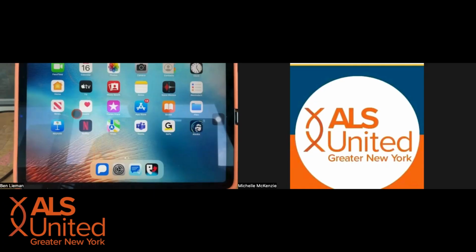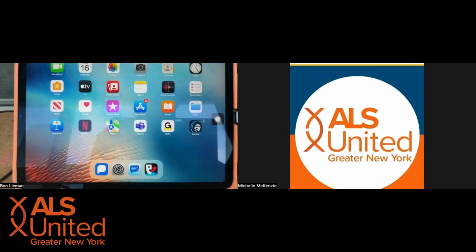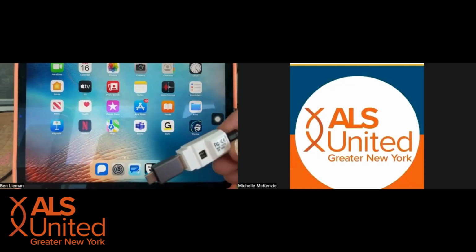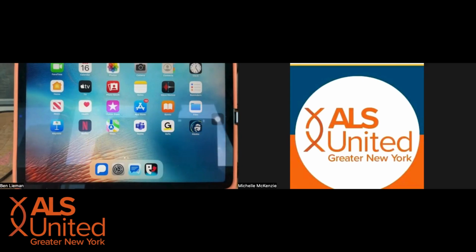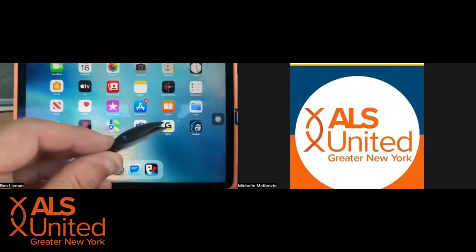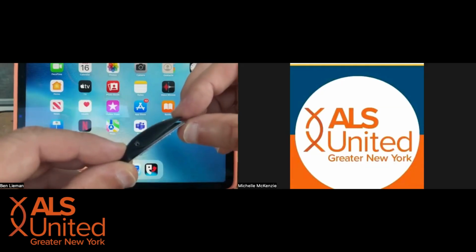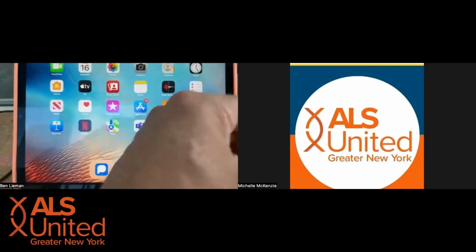So I'm going to take the mouse out and add a multi-port USB connector. And I now have a switch adapter attached to a switch. So what I'm able to do, and this is the switch that I'm using. It's called an ultralight switch, about the size of a pinky, and a nominal movement. You can just see it's just a nominal movement that will activate